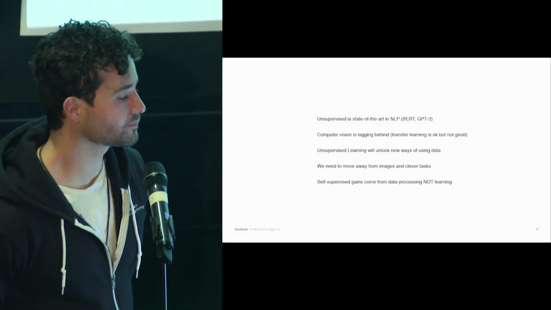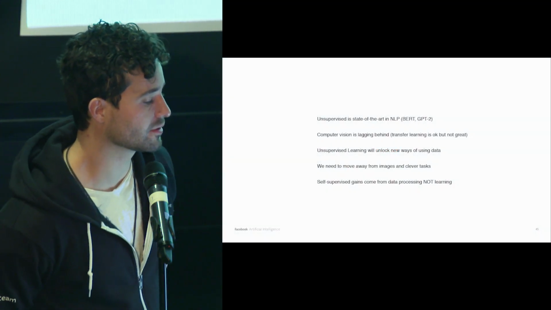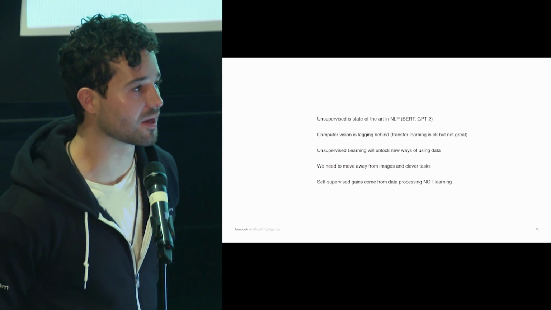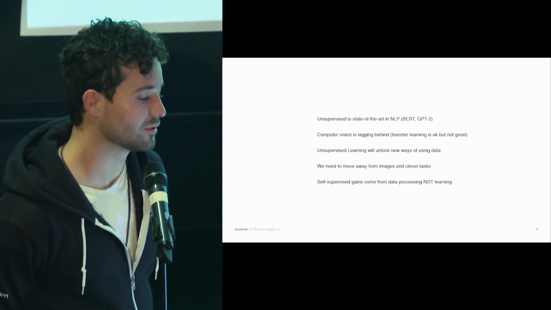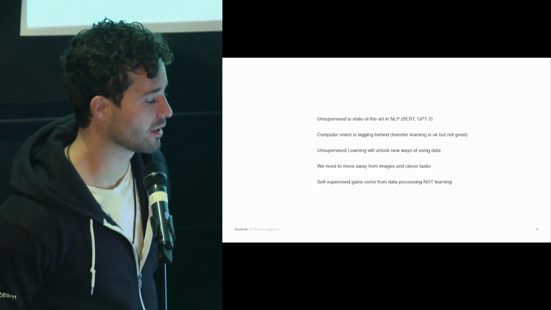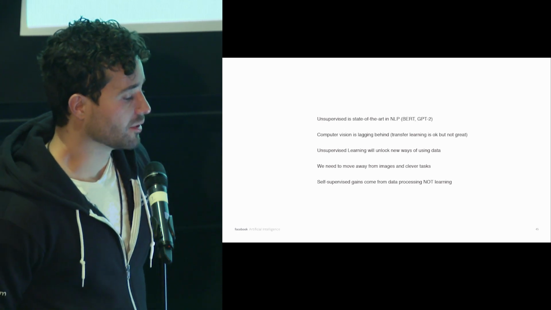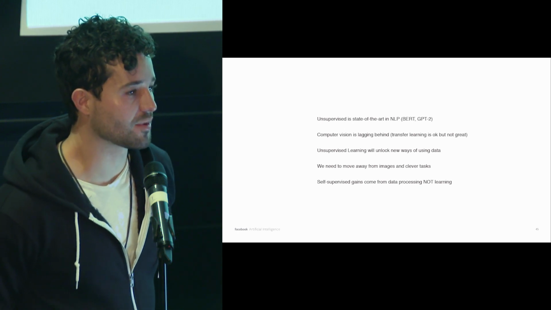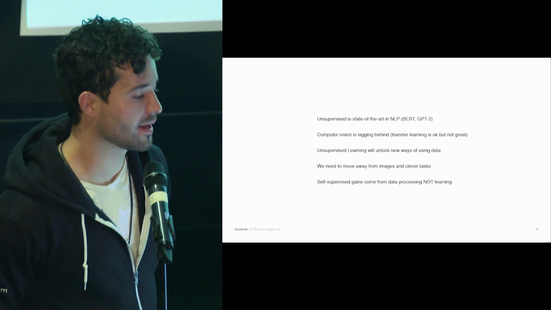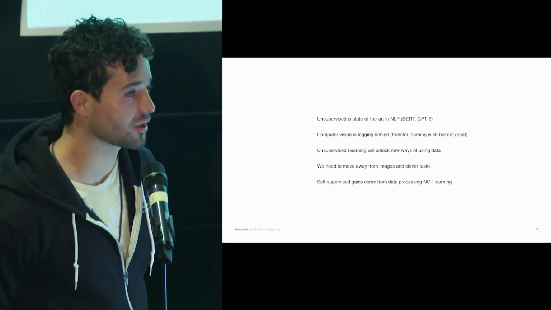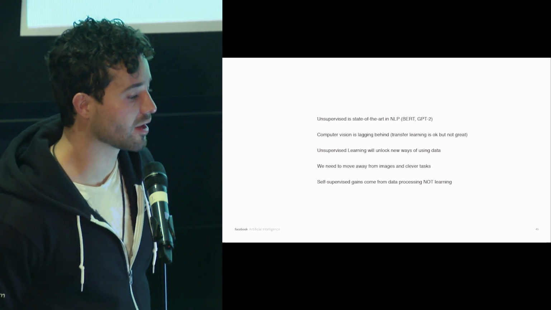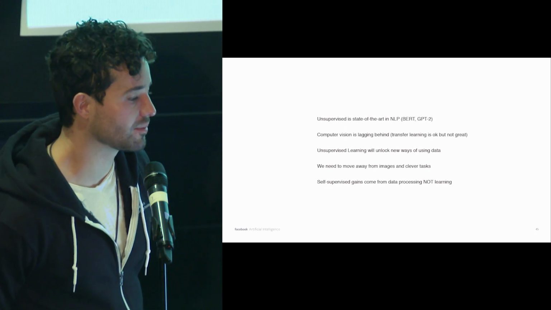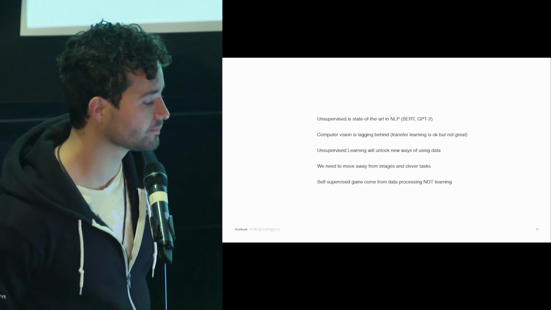So in summary, unsupervised is state-of-the-art in NLP right now. So if you want to do anything with NLP, I would use whatever the latest model is: GPT-2, BERT, just look on arXiv. Computer vision is lagging behind in that. I mean, you can do transfer learning by using pre-trained models on ImageNet, but we won't have the representational power of BERT. BERT changed everything because a lot of it is unlabeled, it's unsupervised. That's the main point. Until we get to that point in computer vision, we're still going to be lagging behind.